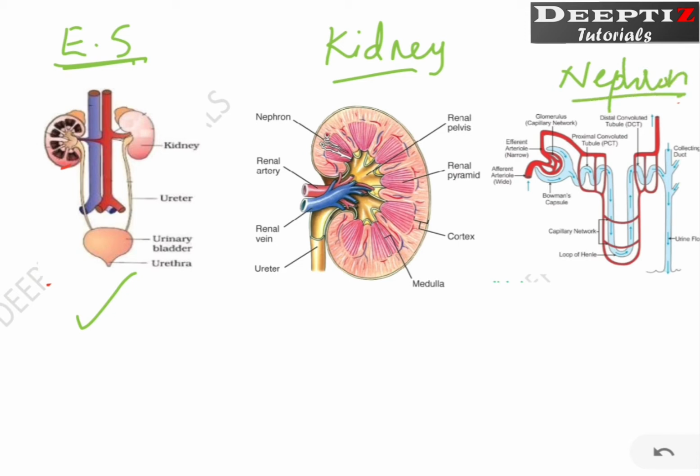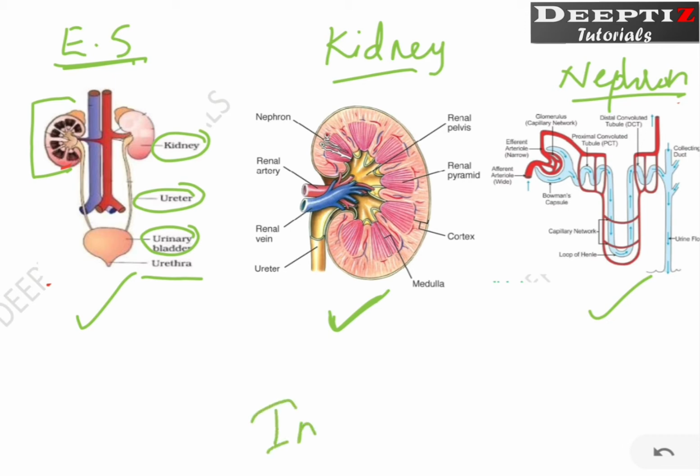So what is the need of these three diagrams, why they are given together, is to understand how these three things are connected. Now in this diagram we know that there are two kidneys, two ureters, a urinary bladder, and there is a urethra, right? These many structures are there. Now when you look at the second diagram, this particular kidney is given in a detailed way. That means this is the internal structure of the kidney.